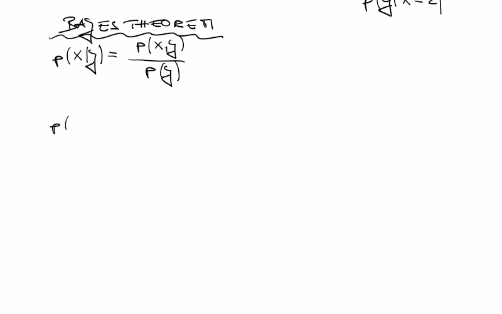We can compute p(y given x) by looking at the joint distribution and dividing by p(x). Now, one can of course rearrange these equations. So if I multiply both sides of this expression by p(y),